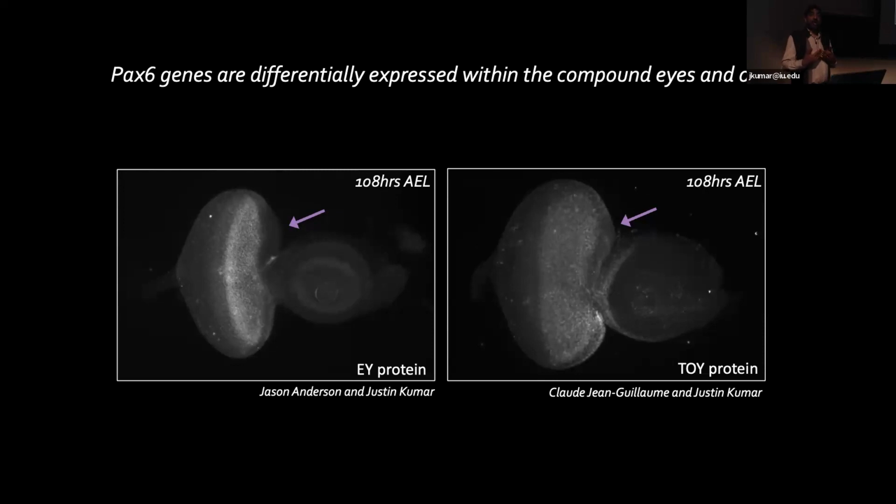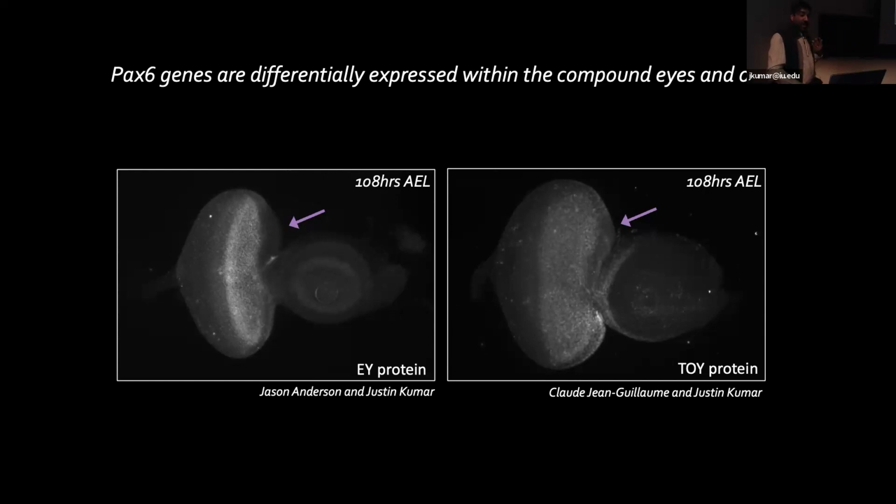Is it because Eyes Sus and twin of eyeless are acting in 2 different gene regulatory networks, so you want to pull Eyes Sus away so that you can promote ocellar development with twin of eyeless? Or, as the model that I'm trying to propose to you, are they actually binding to the same set of targets, but you don't want those targets to be turned on at too high levels within that ocellar domain, so you're retracting one of those PAX6 transcription factors, so you can maintain a lower level of expression that would give rise to a totally different visual system. So those are the 2 models that we're trying to look at.